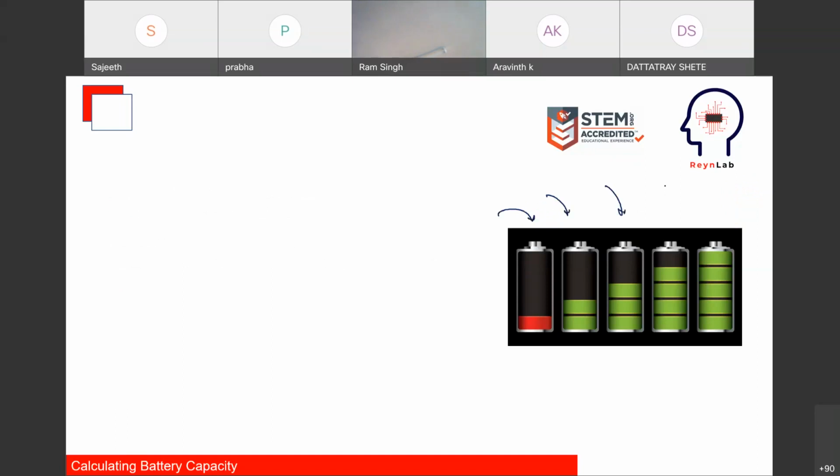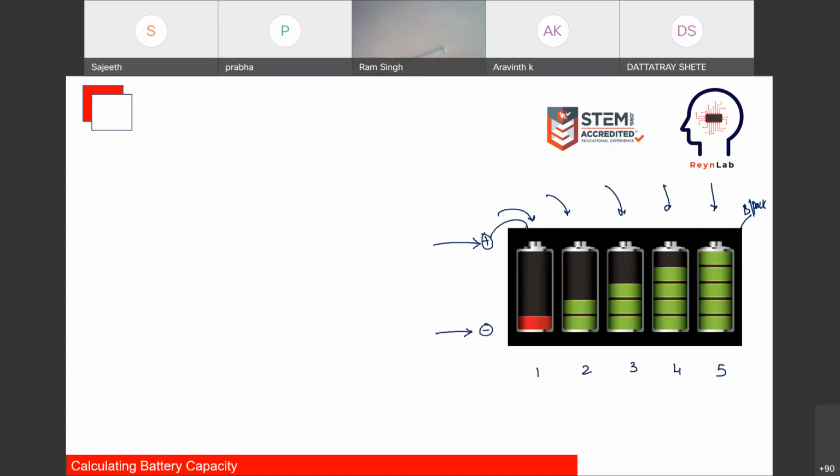Now, for our case, let's assume that there are 5 different cells, cell number 1, 2, 3, 4, and 5. Now, we need to connect a charger to it. Let's assume that all of these 5 cells are in a battery pack. So this happens to be your battery pack. If it's a battery pack, then there can only be one positive and one negative connection.